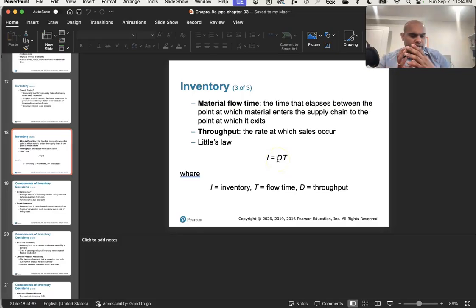Take an assembly line, right? If an assembly line is working for 100 hours, and it can make, say, 1 car per hour, then in 100 hours it will make 100 cars, and that's the amount of inventory that you have. It's a very simplistic way of looking at Little's Law,